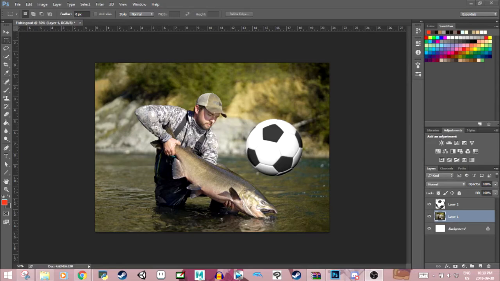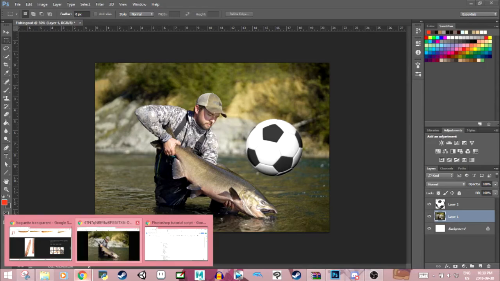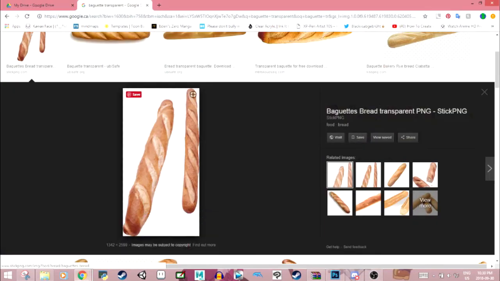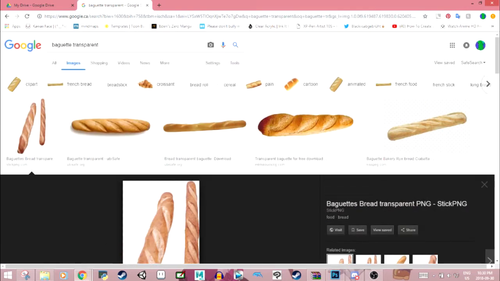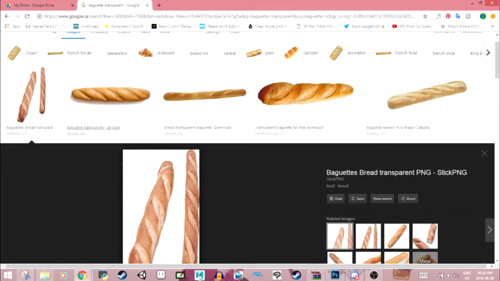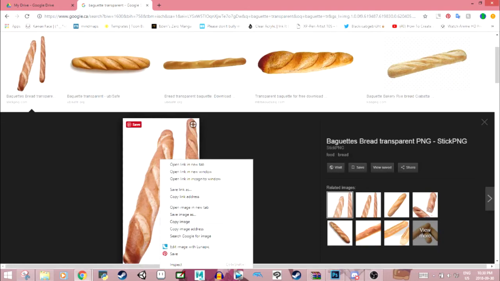What can I say? I'm a fan of baguettes, you know. Alright, so let's go grab one of these very nice baguettes from Google. Already have it searched up as baguette transparent. So we're going to want to copy that image